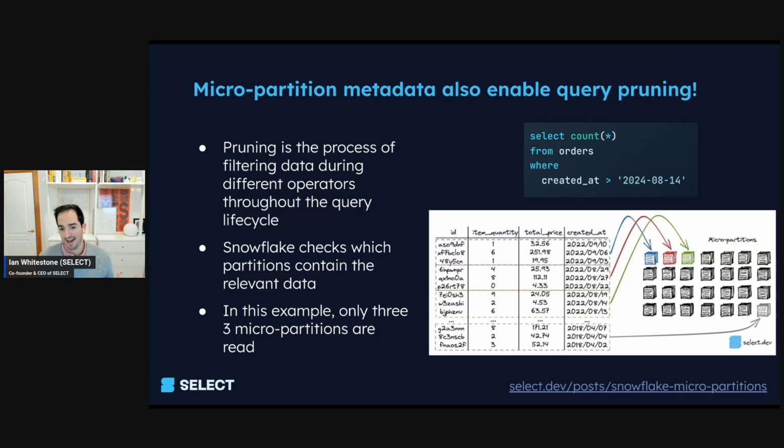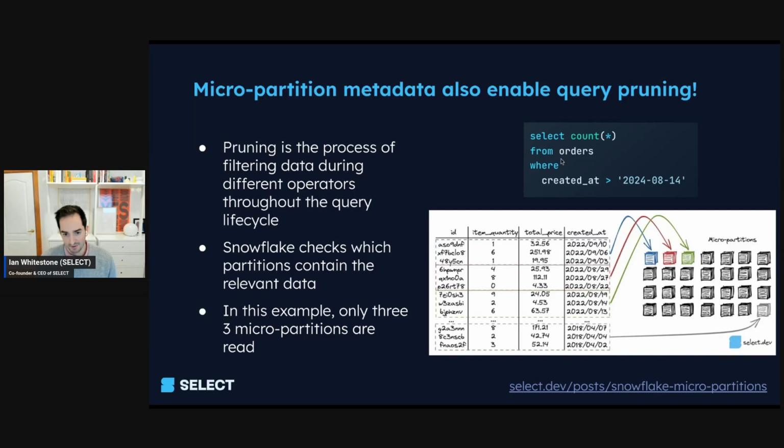So the main operator this happens in is a table scan operator, but we'll talk about dynamic query pruning in a second, and that can actually happen through what's called a join filter operator. And what's happening during this step is in the cloud services layer. So when Snowflake is coming up with the plan for your query, it's going to look at the SQL you've